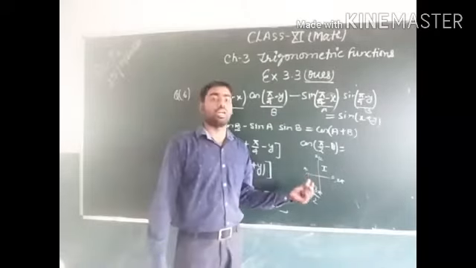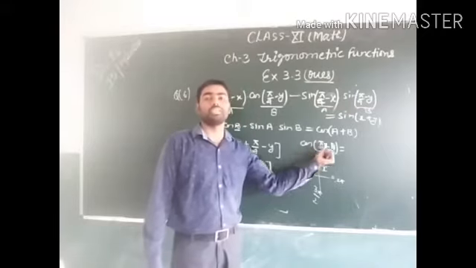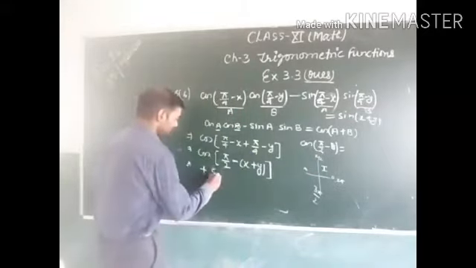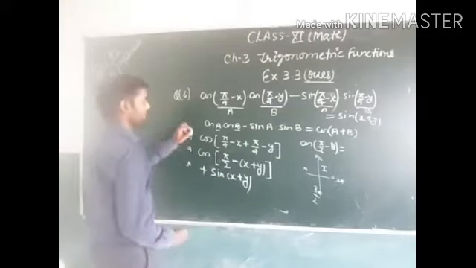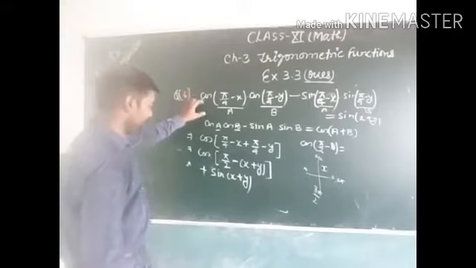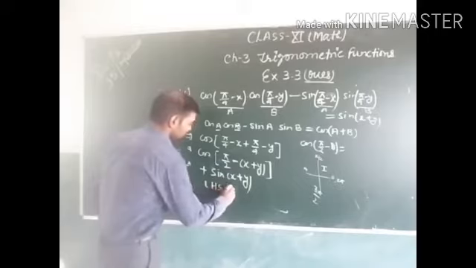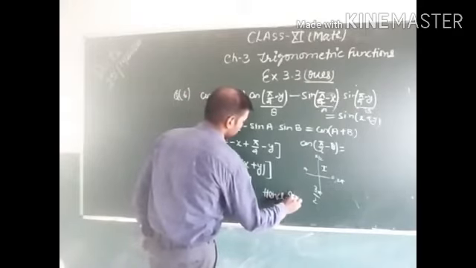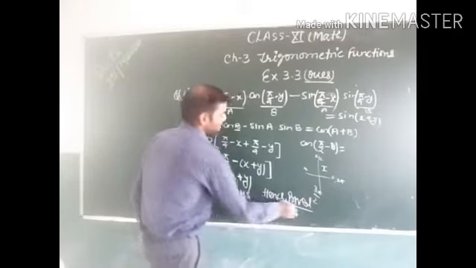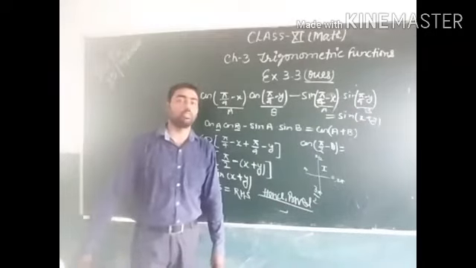Does transformation occur or not? This is pi by 2, it means 90 degrees, so cos converts into sin. So we can write sin x plus y. We take the left hand side and we get the right hand side. So left hand side is equal to right hand side, hence proved. This is the complete solution of question number 6. To proceed further, please pause the video and note it down.